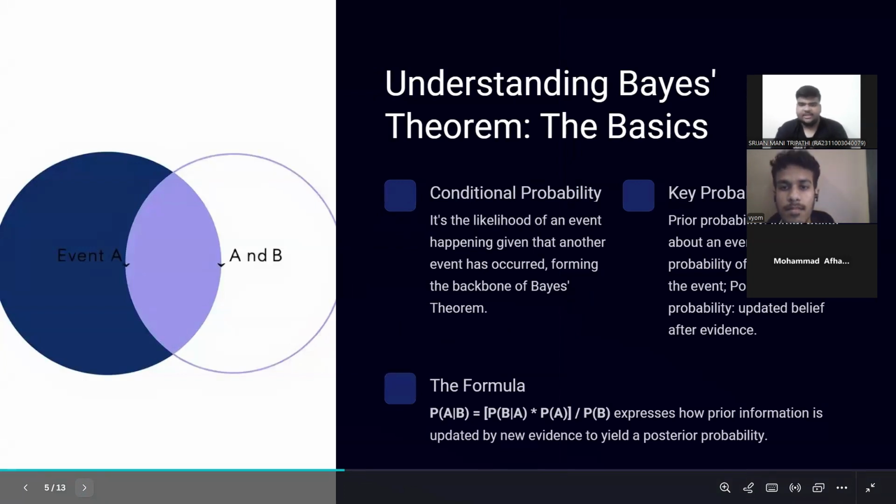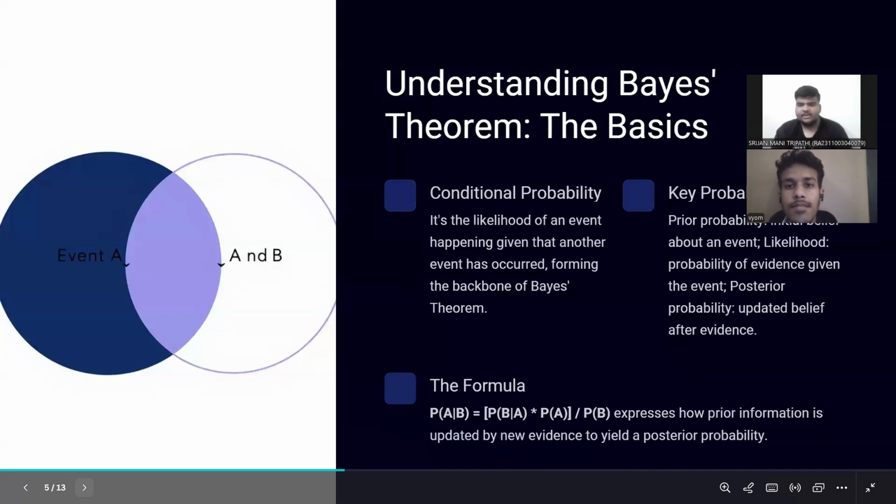Understanding Bayes' theorem, the basics. Let's take a closer look at the formula behind Bayes' theorem. Probability of A given B is equal to probability of B given A times probability of A divided by probability of B. Here's what each part means. Probability of A given B is the updated probability of A after seeing B. This is what we want to find. Probability of B given A is the probability of observing B if A is true, and probability of A is the initial or prior probability of A, what we believe before getting new data, and probability of B is the total probability of